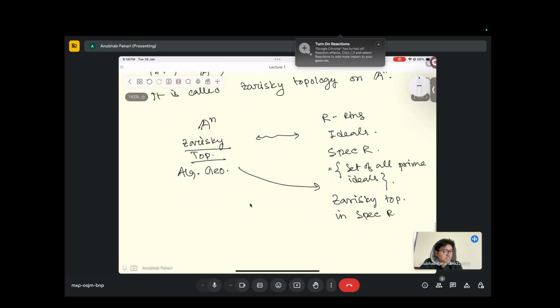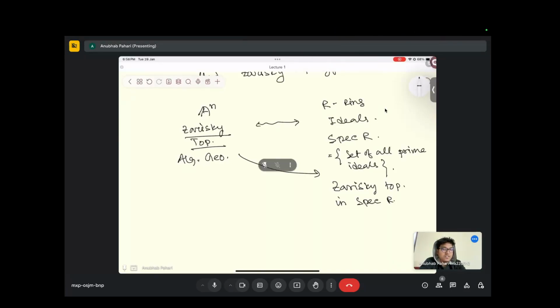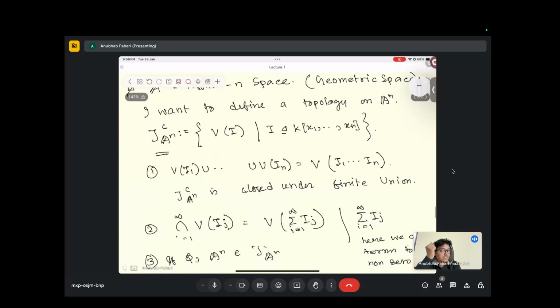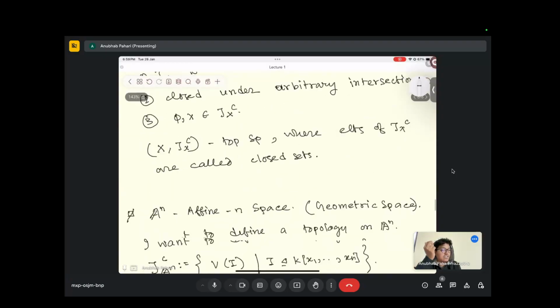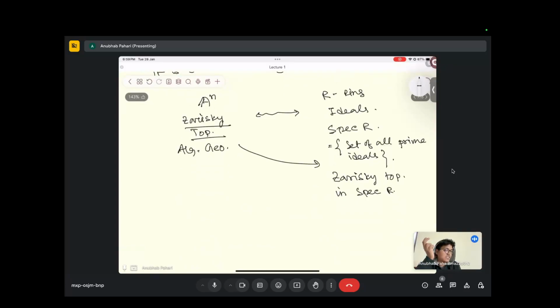I think it would be better if I just define the Zariski topology on Spec of R, because Spec is already introduced by Dilip sir in the first week material. So maybe we can get introduced to this Spec thing, and for the last half an hour I will discuss some algebra problems. Because I just told you the definition of topology and gave you a construction of Zariski topology on affine space, I think it would be interesting for you. Now, okay,